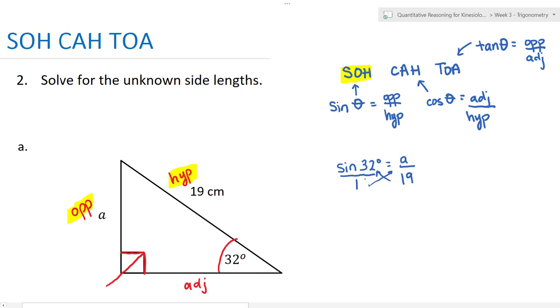When I multiply A times 1, I get A. And then I have to remember to put in my equal sign. And now I'm multiplying 19 times sine 32. To do that, you just simply write 19 sine 32 degrees. Now on your calculator, you can just type this up: 19 sine 32 degrees. Now, on your calculator, you might notice that there are different modes, and